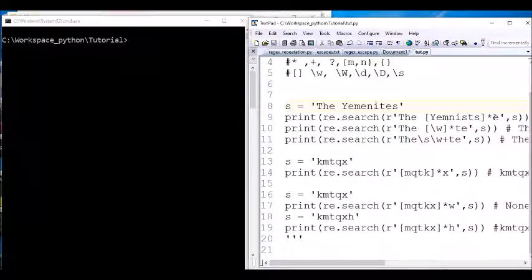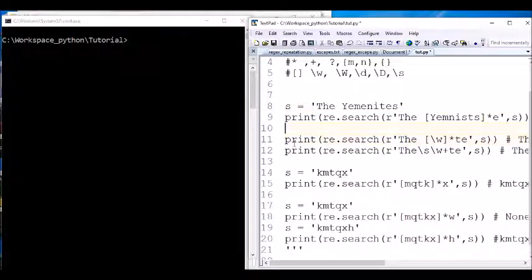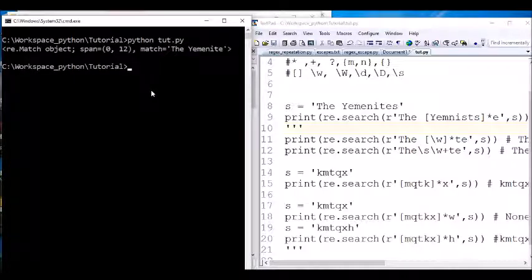It matches. So this will be the solution. Let's see. It will match too. So it matched to Yemenite.